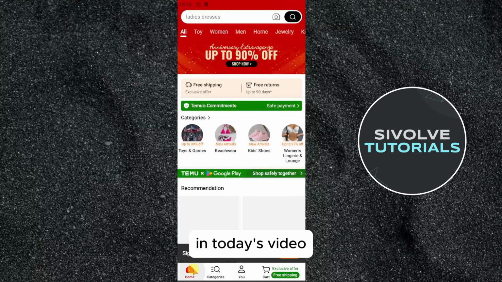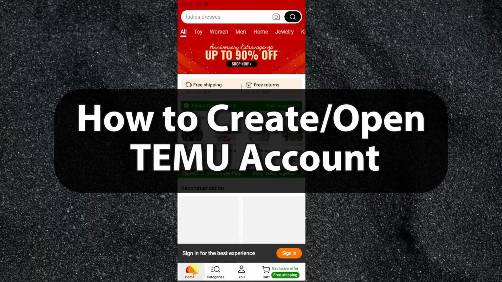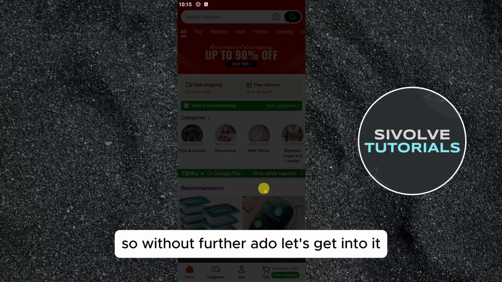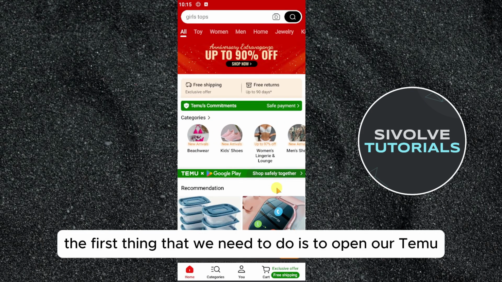In today's video, I will show you the step-by-step tutorial on how to create Open TEMU account. So by the end of this video, you will learn how to do them, so without further ado, let's get into it. So the first thing that we need to do is to open our TEMU app right here,